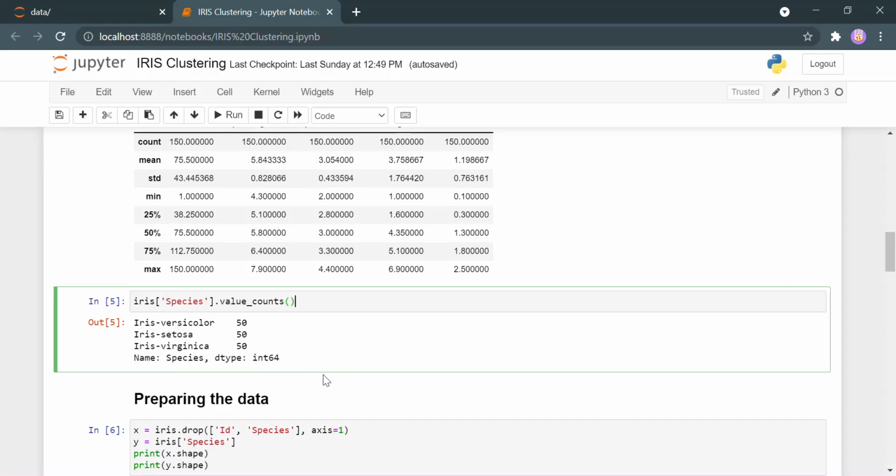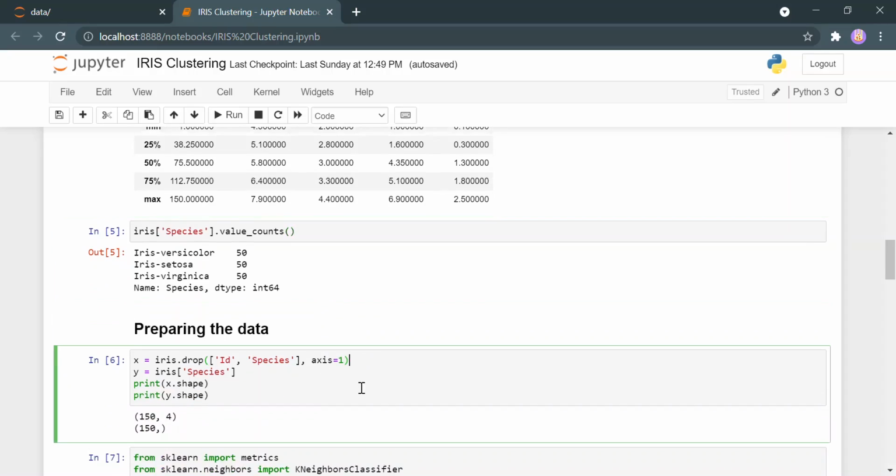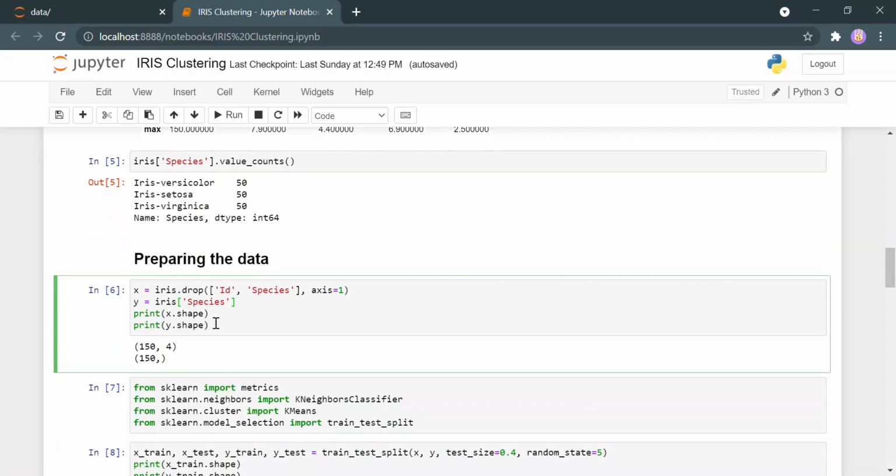Now we'll split our data into features and the prediction that we have to make. For that we'll have two variables, X and y. X will be the features on which we will be predicting y. So we will be predicting the species based on every feature except for the ID. So we'll be dropping the ID column, and the species column is what we are predicting, so we don't need that in the X features. So we're dropping the ID and species columns, and y will be the species column, as that is the thing we are predicting. And then we'll check its shape.